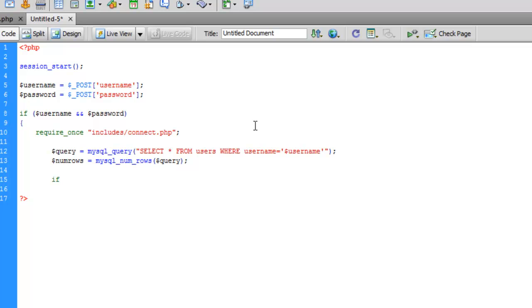Go if $numrows is not 0, while $row equals mysql_fetch_assoc, and then we just go like $query. We just open it up, and then we go to